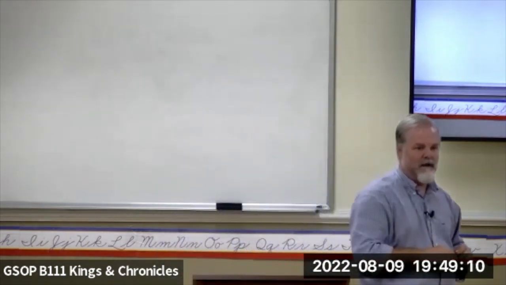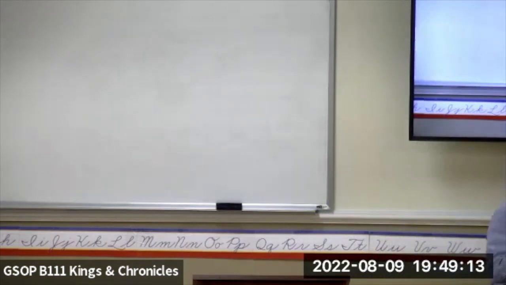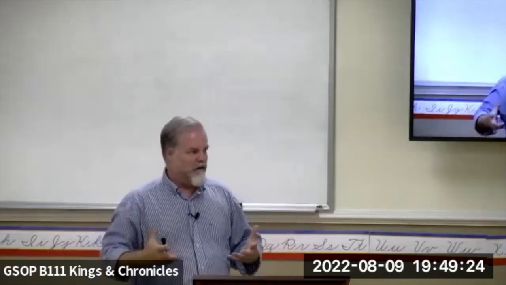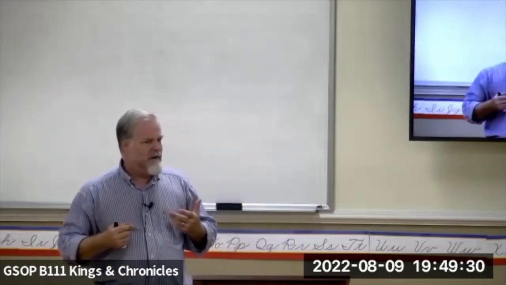He continues on. Sons of Shem. It focuses on one. To Eber were born two sons. The name of the one was Peleg. For in his days, the earth was divided. Now, many scholars seem to think that this is the point where the flood occurred and the earth was broken up. This is widely held to be a popular theory, that before all of this, the earth was, of course, one great landmass. And after the flood, the earth was broken up by the waters that came forth and divided up into the continents. There's certainly, in my opinion, some validity to that idea. But in his days, the earth was divided, and his brother's name was Joktan.